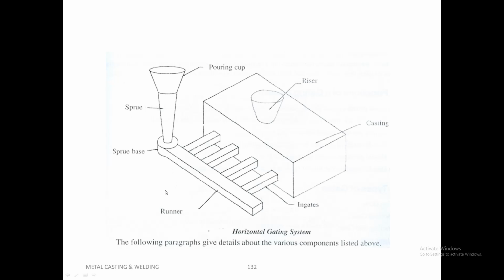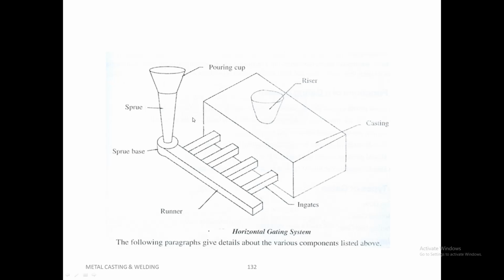Next, the pouring cup. The enlarged portion, usually funnel shaped, of a sprue at its top, into which the molten metal is poured, is called a pouring cup. In some cases, a pouring basin is used instead of a pouring cup. The pouring basin has a larger opening compared to the pouring cup. Also, it makes pouring a lot easier, eliminates air pickup and reduces the momentum, that is the flow of liquid into the mold, by settling first into it.